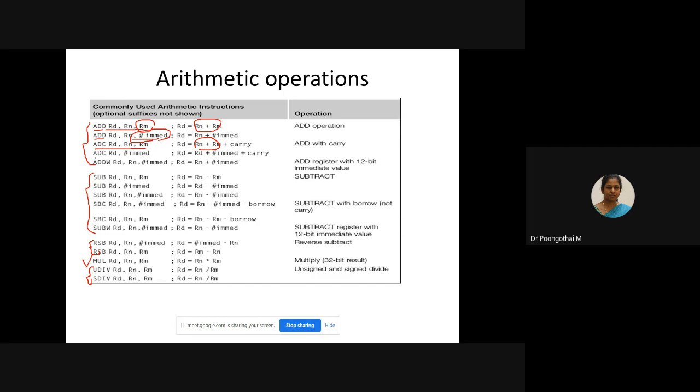Again, we can use this ADC instruction with an immediate operand, so Rn plus immediate plus carry, Rd comma hash immediate is also possible under this category. And the final one is the add word, that is add register with a 12-bit immediate value. Here, 12-bit is, according to our IDE, we can use a 16-bit value.